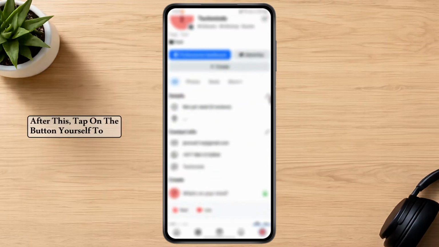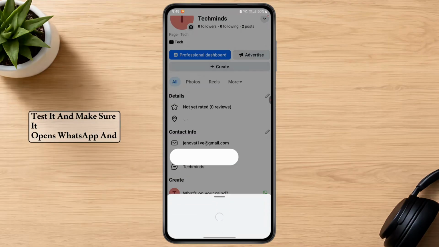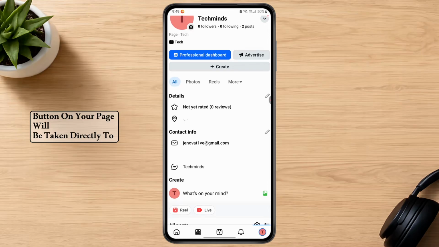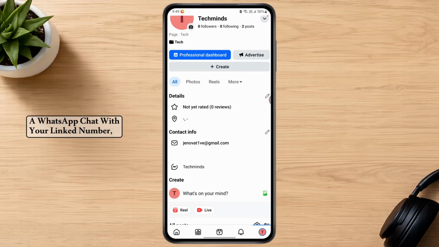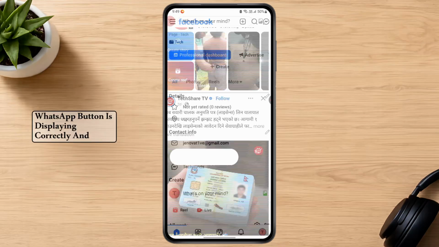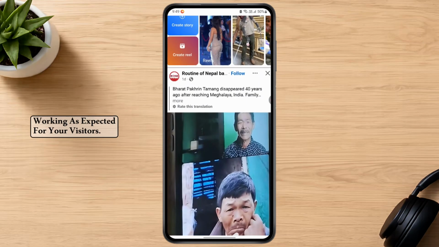After this, tap on the button yourself to test it and make sure it opens WhatsApp and routes to the correct number. Keep in mind, visitors who tap the WhatsApp button on your page will be taken directly to a WhatsApp chat with your linked number, so make sure the number you enter is active and monitored regularly. Finally, go back to your page and confirm the WhatsApp button is displaying correctly and working as expected for your